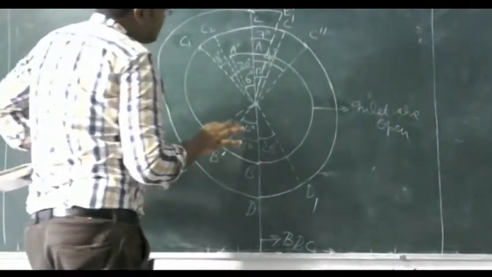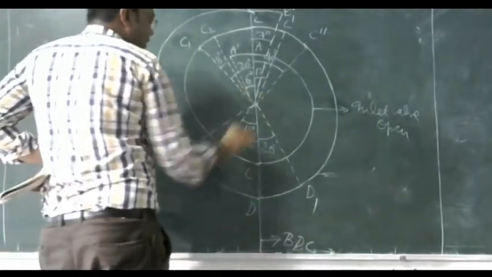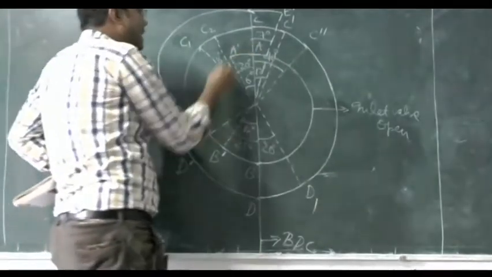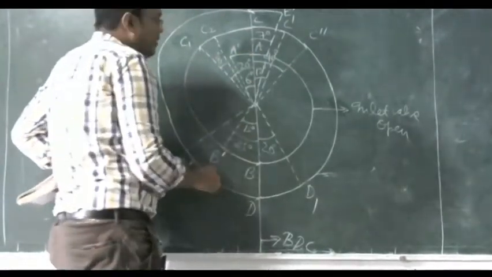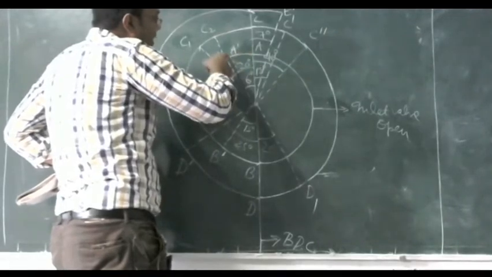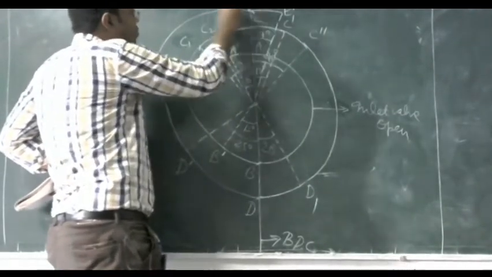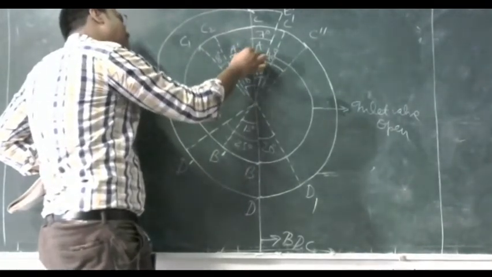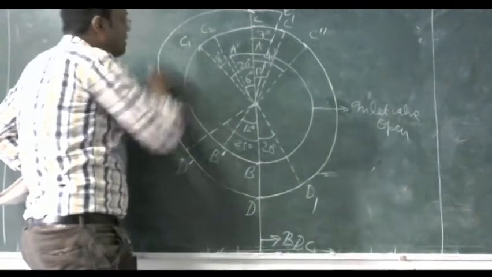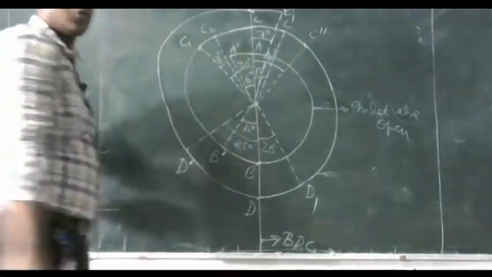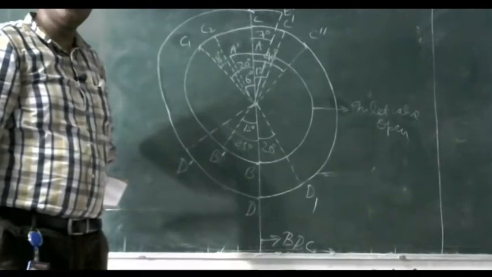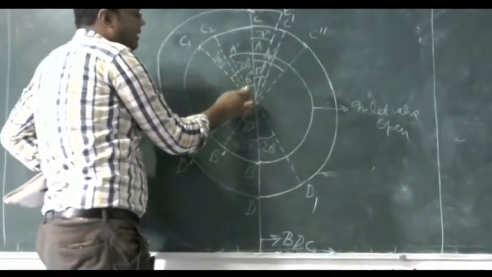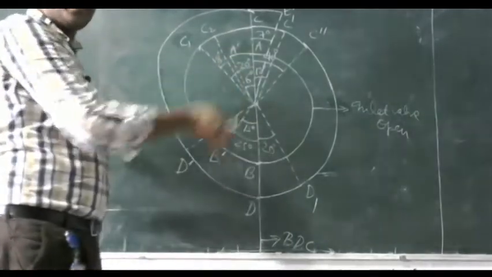Now one thing you notice: I have told you that during the suction stroke, the inlet valve starts to open before point A, at A dash, 60 degree before. So from A dash to A, this is the area of the exhaust stroke, and during the exhaust stroke, the exhaust valve is also open. This means from A dash to A, the inlet valve is open for 60 degree and the exhaust valve is also open.